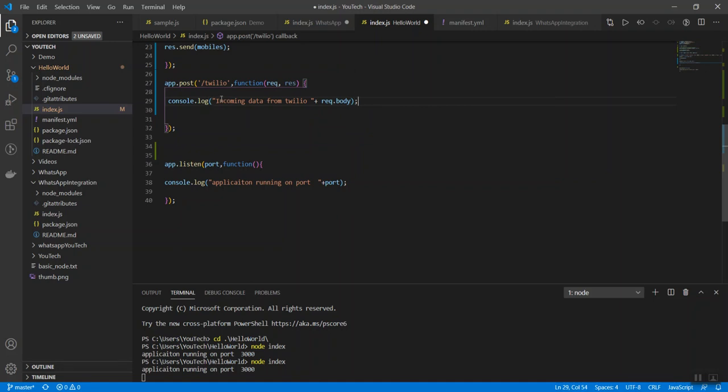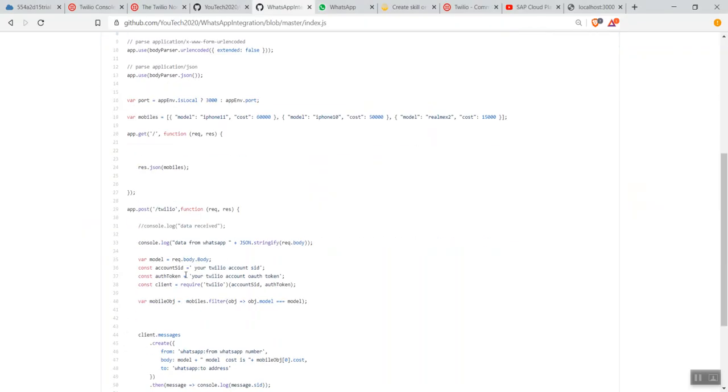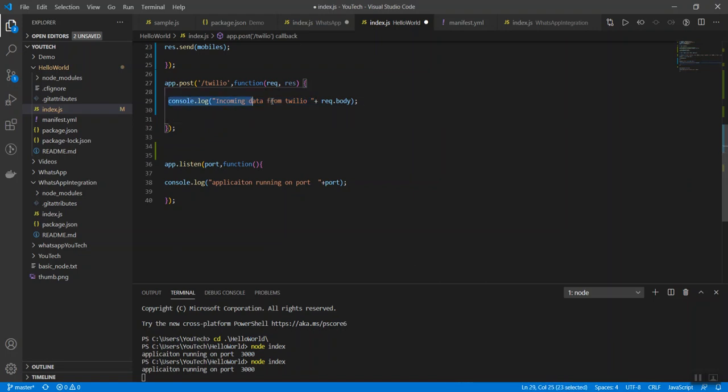So this is a line of code which helps us print whatever data is coming to your Node.js application. This is also available here. So if you want, you can copy paste to avoid any syntax issues, because we are using the stringify method. If we print it directly, it will print a JSON object, and an object we can't read in the console. That's the reason I'm using stringify. So whatever JSON is coming, we are printing as a string value. Let's quickly see how this works.